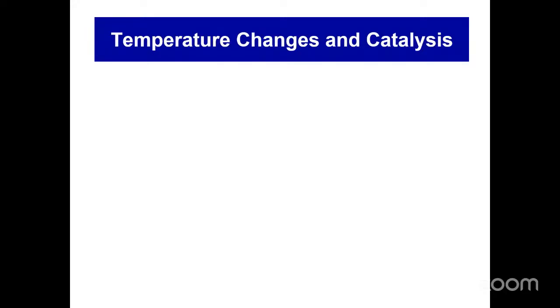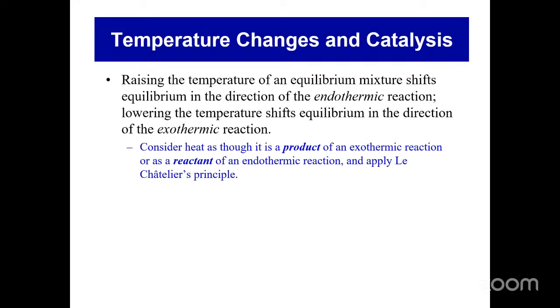Okay, another factor that will affect equilibrium positions would be temperature changes, all right? And in this particular case, the first thing you look for in order to make such predictions is to see whether or not the reaction is exothermic or endothermic. And we all know what those two terms mean, right? An exothermic reaction is one that produces heat energy as you go from reactants to products. And an endothermic reaction is one that absorbs heat energy as you go from reactants to products. Another thing you need to remember is that if a reaction is exothermic going in one direction, then it's endothermic going in the opposite direction, and vice versa, right?